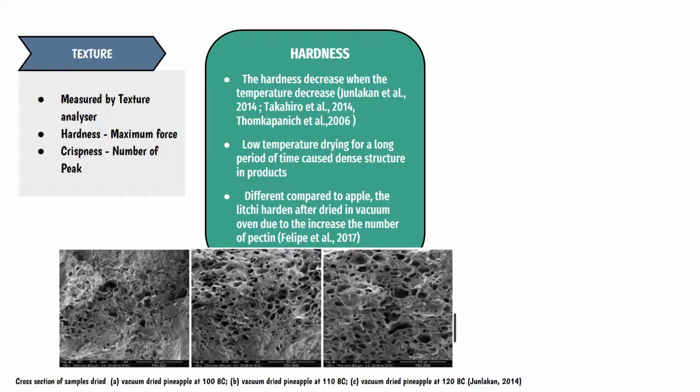Next, for the texture analysis, two characteristics were observed, which are the hardness and the crispness of the dried sample. The hardness was measured by the maximum force and the crispness by the number of peaks. Most of the researchers agreed that the hardness decreases when the temperature is increased. This occurs because a long drying time causes a dense structure in the product, which means less pores. Meanwhile, Philip in his study stated that lychee tends to become harder when the temperature is increased